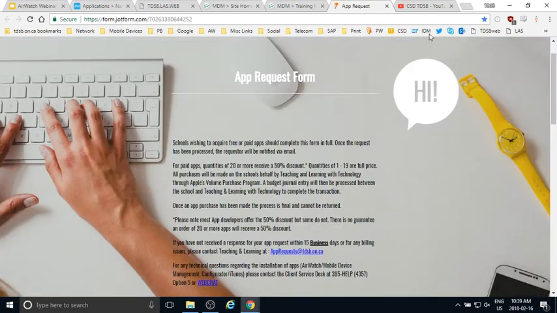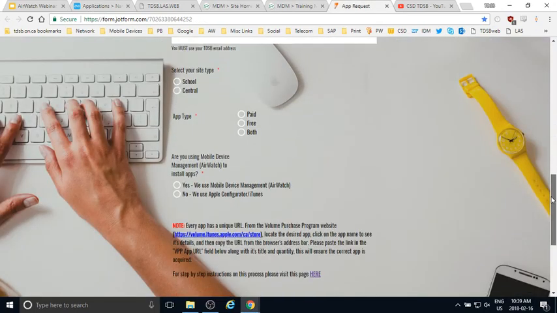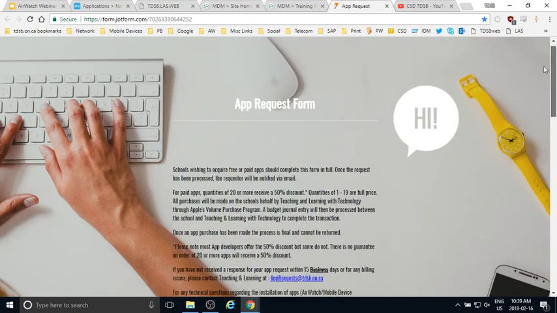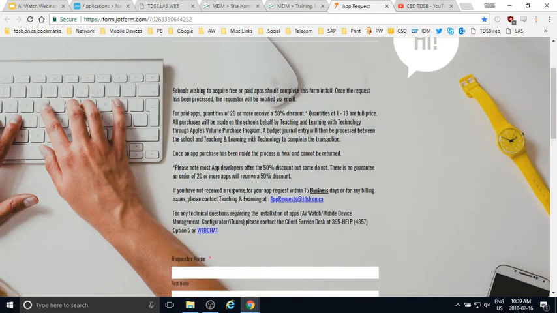So I submitted this form and they put them in AirWatch. If they're free apps, it doesn't take that long. They'll probably be in there within 1 or 2 business days. For paid apps, it can be a little bit longer. It can be upwards of 15 business days, which goes through teaching and learning. So if you submit the app request form for a paid app, it could take a little bit more time than if you chose a free app to appear in AirWatch.